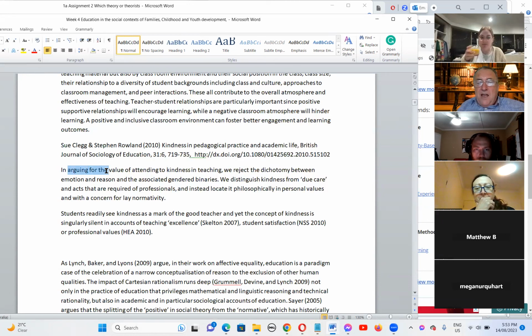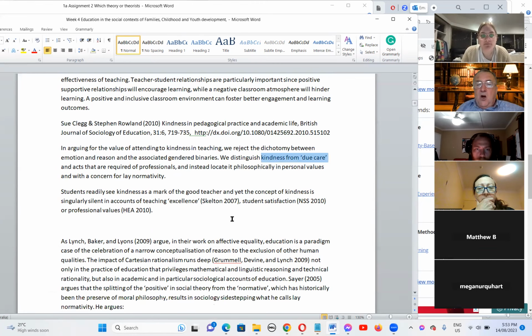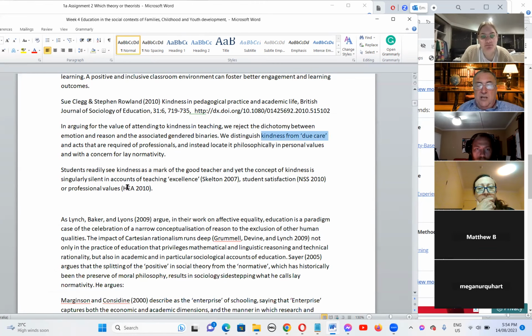So in arguing for the value of kindness, Clegg and Rowland say we reject the separation between emotion and reason and organisation, and also gender, boys being organised or whatever, or girls being girly. We say that everyone can be organised and everyone can care for one another, listen to one another, be kind to one another in a holistic approach to education.